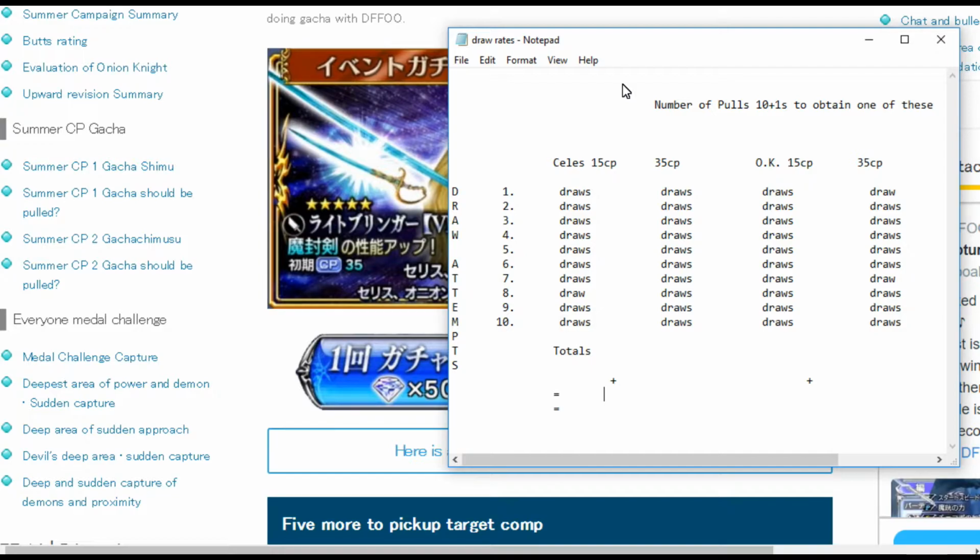So if you see any of these numbers and they seem skewed, this is just my information. Of course, doing 10 sets of data for this entire thing is not enough information to accurately show how good the pull rates are for this. So this is just my